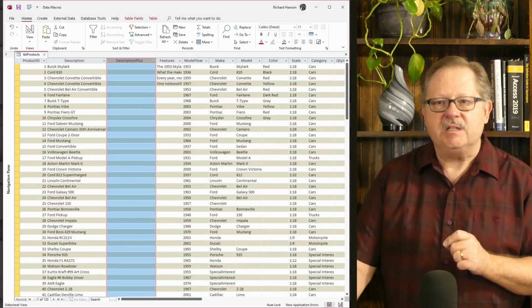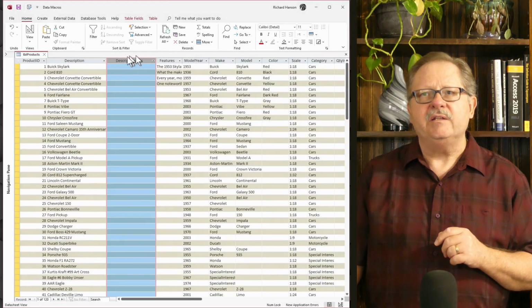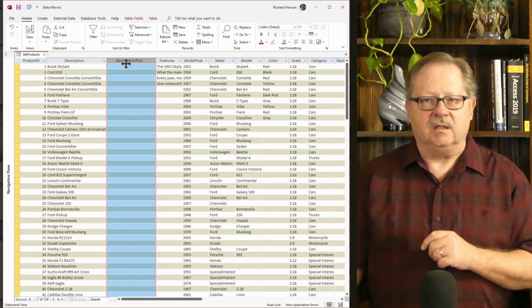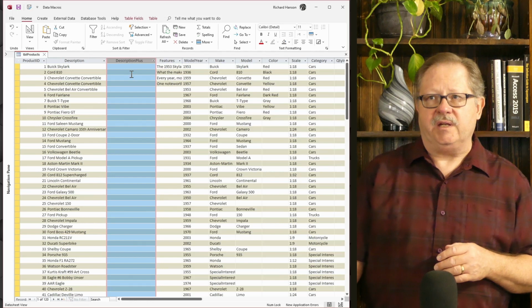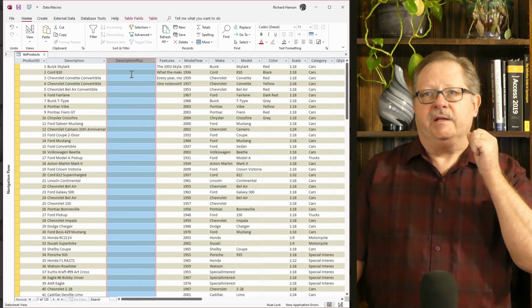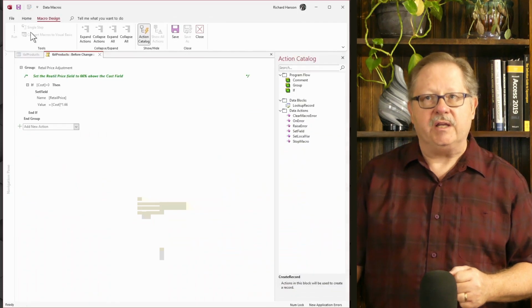So I'm going to go back to the original database that I used to show you the first data macro example. And that database is essentially the same except for one column. I added this description plus column here, and I plan to use it to show one of the items in the demo. Now, if we go to the table menu up here, if we look at the before change,